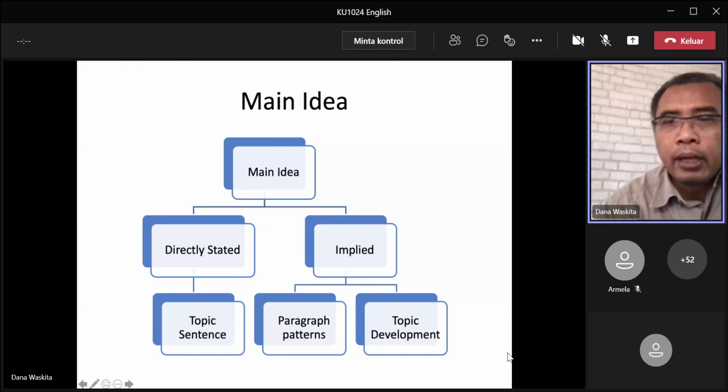And then we can also find the main idea by relating two parts of the paragraph, the topic sentence and the supporting sentences. That's what we call the paragraph pattern. If the topic sentence is a question and the supporting sentences are the answer,